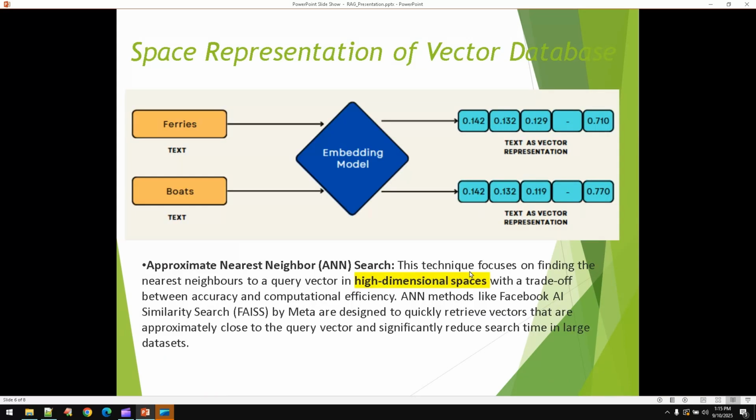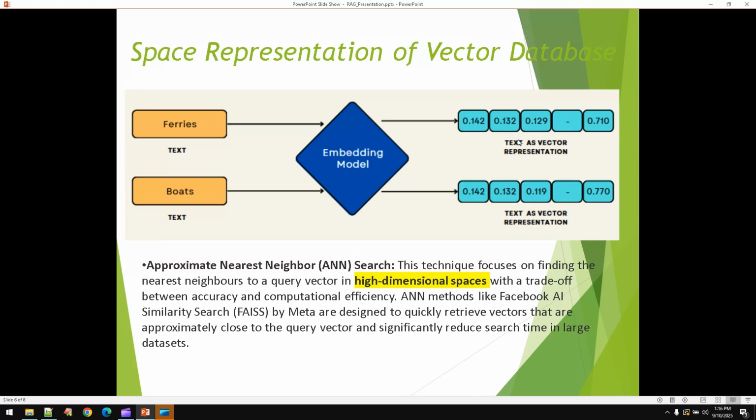Let's see one more further explanation for that. If you see the two words fairies and boards, both of them represent the same kind of classification, even though there might be minor differences. We will be feeding this into the sentence transformer, and then the embedding model is going to create the numeric representation for that. For example, you see 0.12, 0.1, so both are the same for fairies and boards. 0.13, 0.13, that's also the same, and then minor differences. So it's major versus minor. So behind the scenes, what it does is